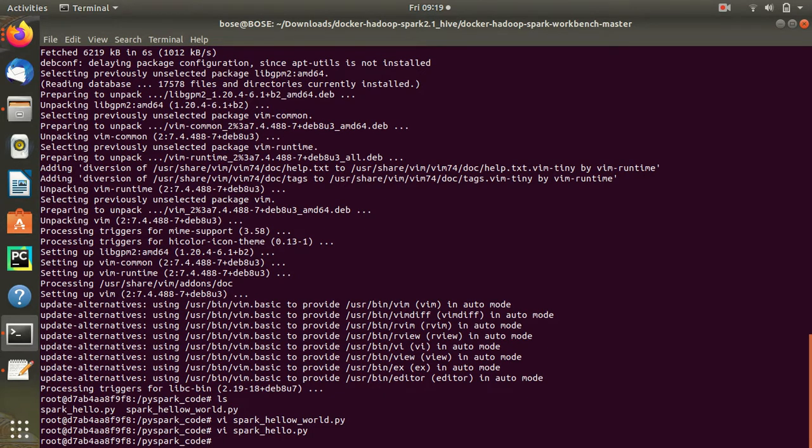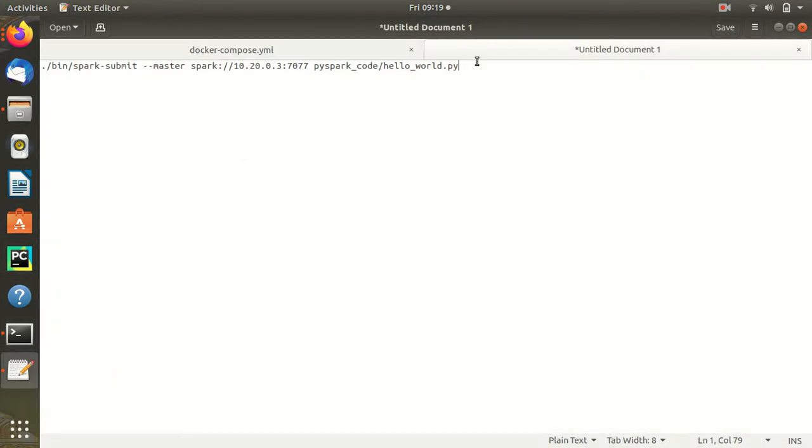Now next is how do we execute it, right? So for the execution we have this command. What this command does, this is Spark submit, which goes to the Spark. This is nothing but the IP address of my Spark master where I have to submit. If you don't do it this way, if you don't do this Spark submit and all, what will happen is we will not be able to see the output in the 7077. That is the Spark UI. Last day we were seeing one UI, right? We'll see that once we run it. Not the environment, I would say the browser, right?